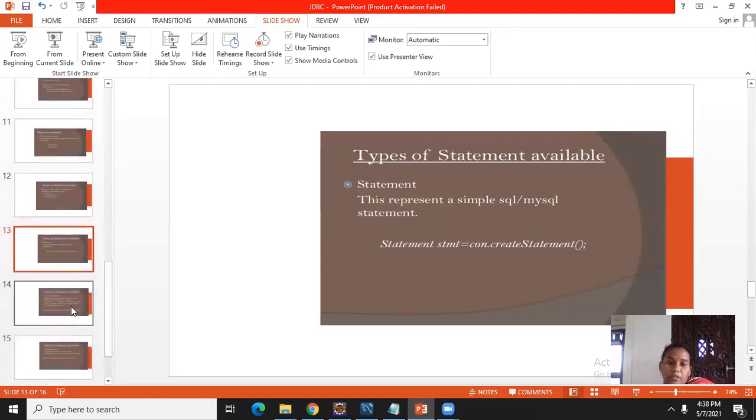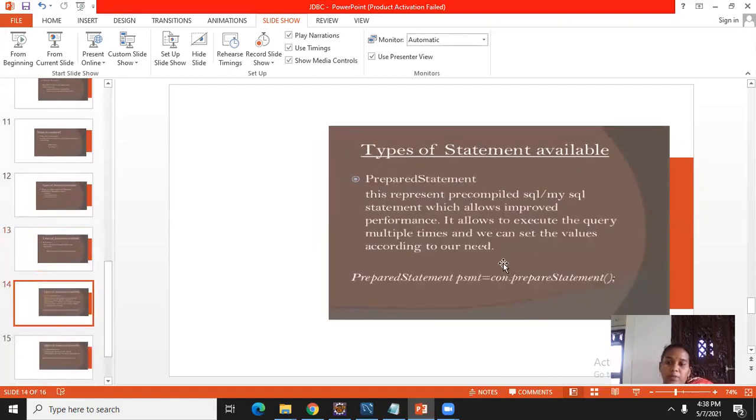What is this prepared statement? Prepared statement means dynamically from the user environment, I pass the input. At that time, it needs to be attached to the query dynamically. That type of data we send in web applications, which is executed by using prepared statement.